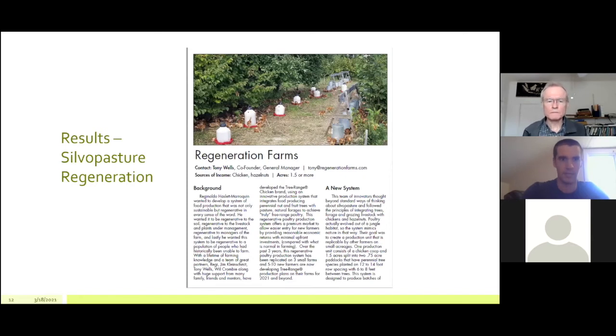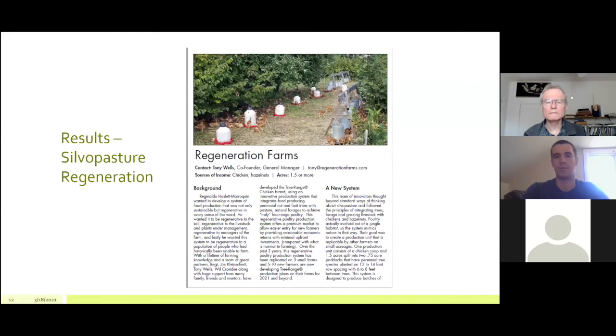They did it using chickens and hazelnut trees in a symbiotic relationship, kind of mimicking the native habitat that chickens came out of. They actually developed out of a jungle bird, which was news to me when I learned that. So they tried to mimic that habitat, but rather than using just standard trees that were maybe available in those jungles at that point, they used trees that were also able to benefit from the impact of the chickens.